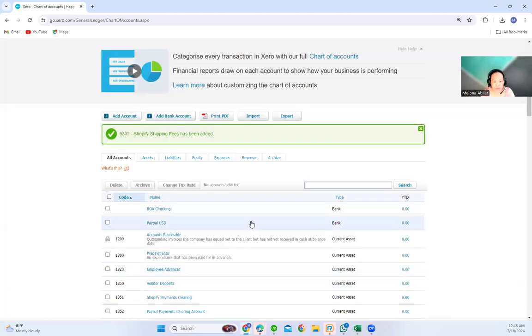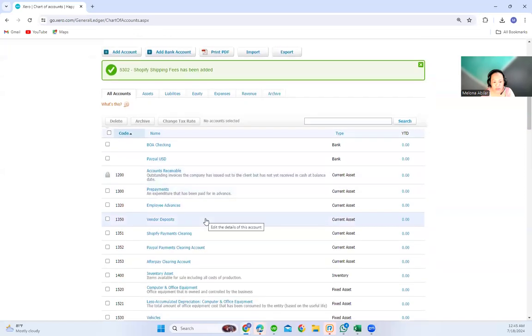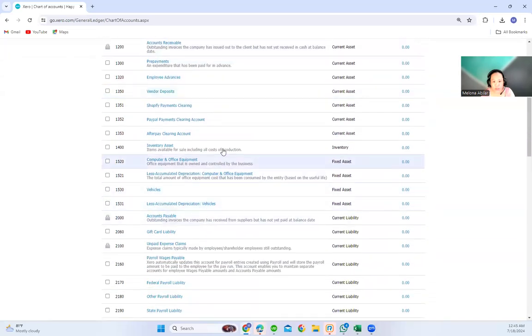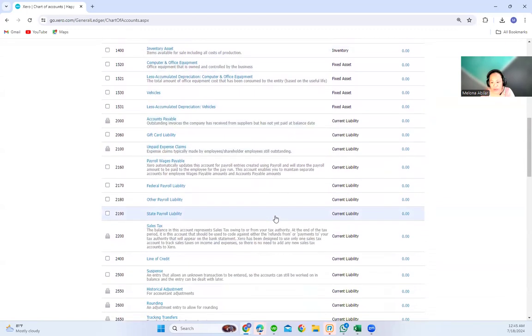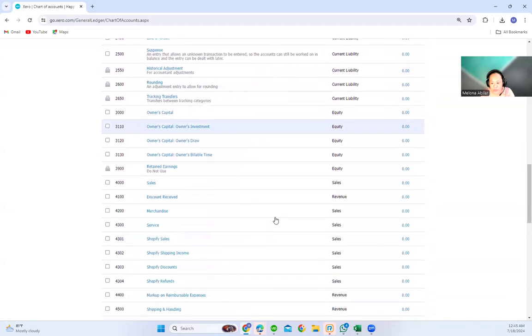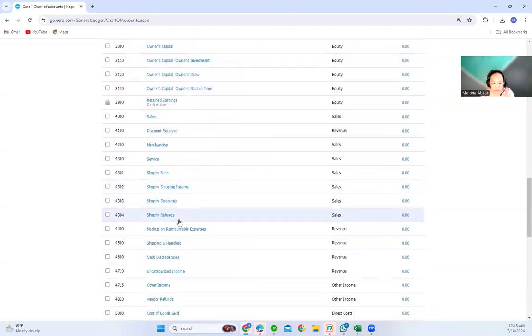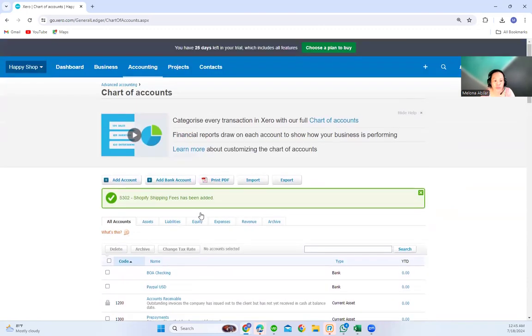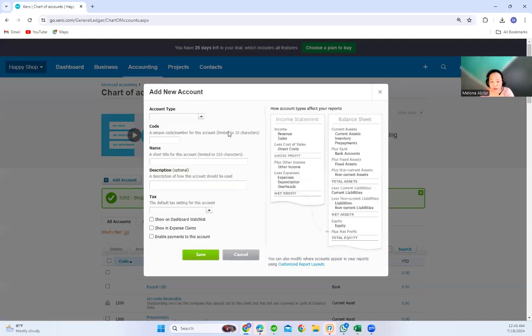Now we have two bank accounts, then we have our clearing accounts, and then we also have our sales accounts. Then we are also going to create another account which will track the gift card liability in Shopify.